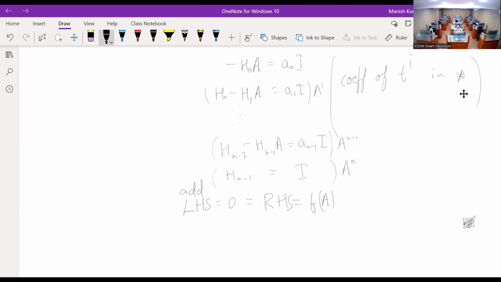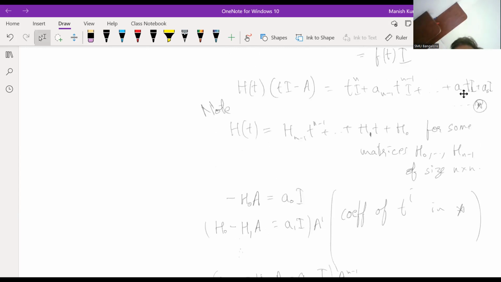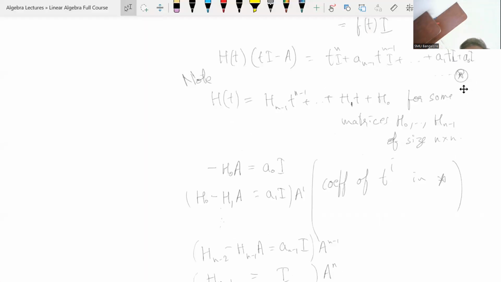Sir, can you express once more the equations that you found? How I got these equations? Okay, yeah, sure. So let's look at this once again. So I maybe jumped one step. Let's look at this star. Let me write this star again. Star implies this. So if you multiply this through, what you will get is